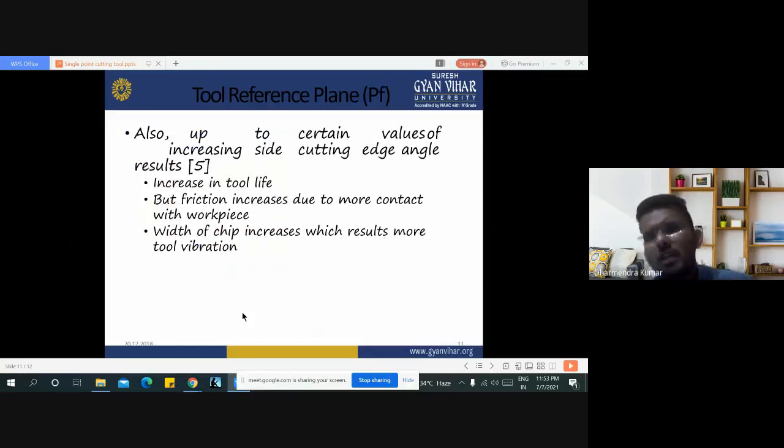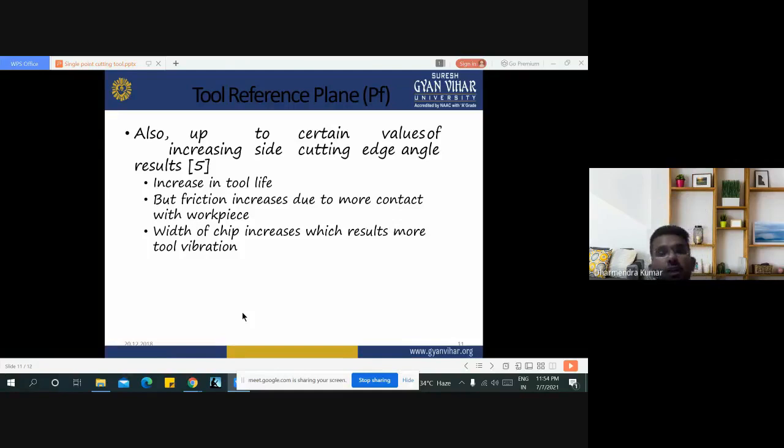Also, up to a certain value of increasing side cutting edge angle, we obtain the following results. If we increase the value of the side cutting edge angle, then the following actions can happen on the single point cutting tool. It increases the overall tool life, but friction decreases due to more contact with the workpiece. The width of the chip increases, resulting in more tool vibration,